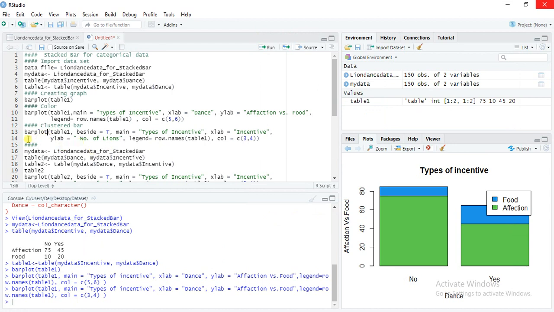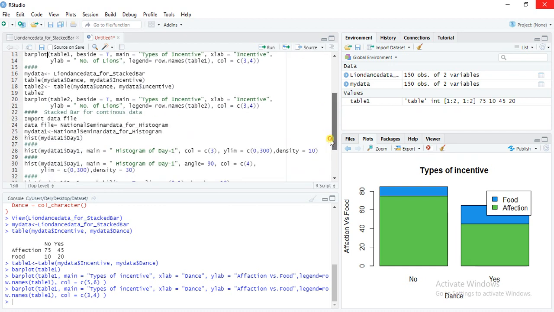So this is our stacked bar. Now we have two options. There are two variables.